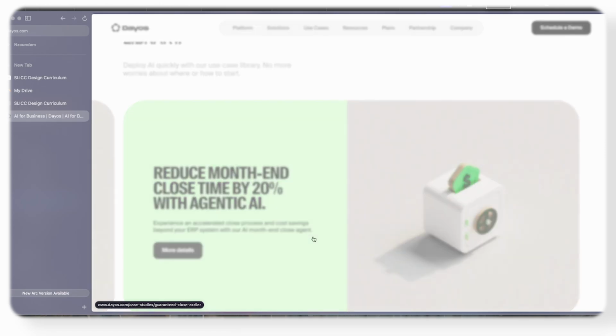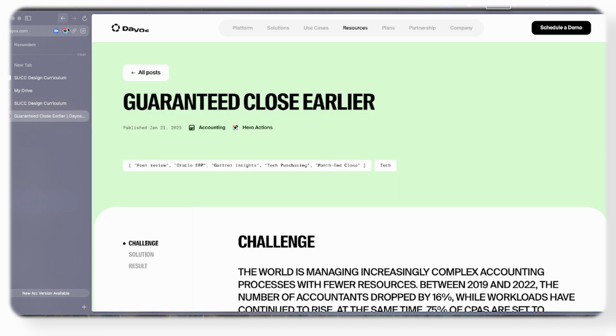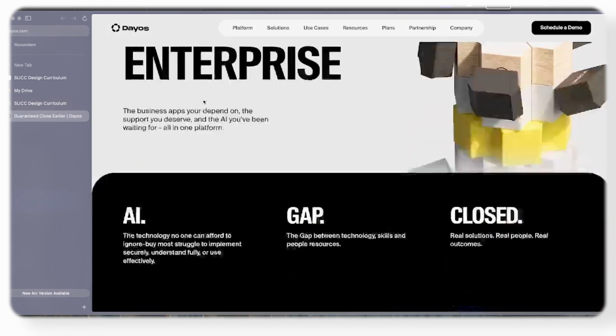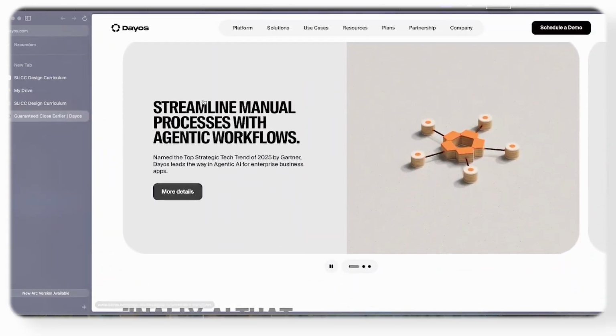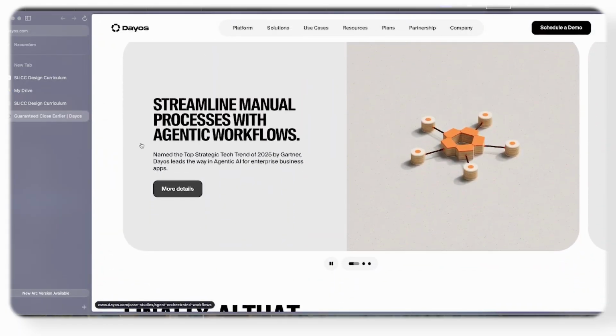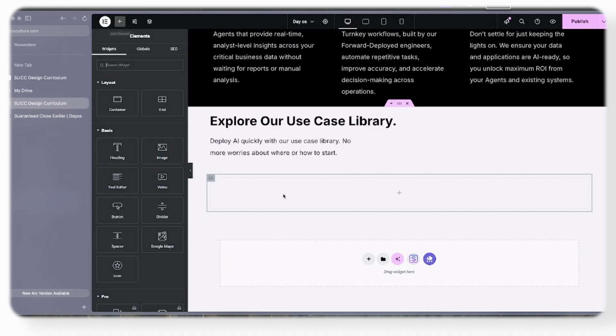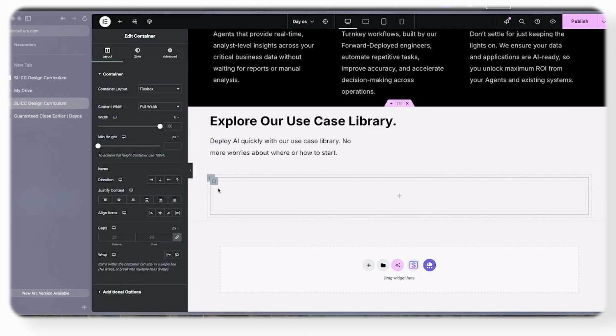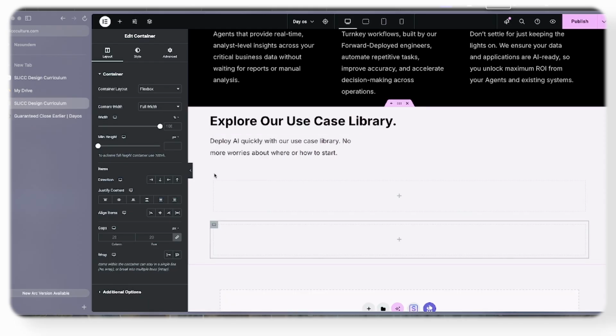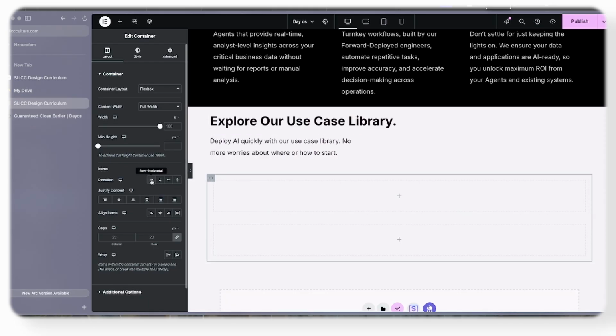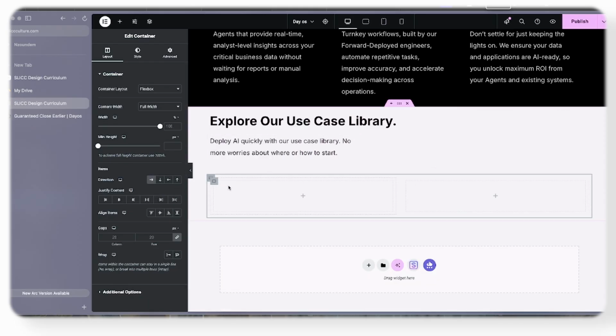Reduce, go back please. Streamline manual process with agentic workflows. So first things first, inside this card I'm going to put two containers inside. Duplicate, click on the main card, and then change the direction to be left and right. This one is going to have